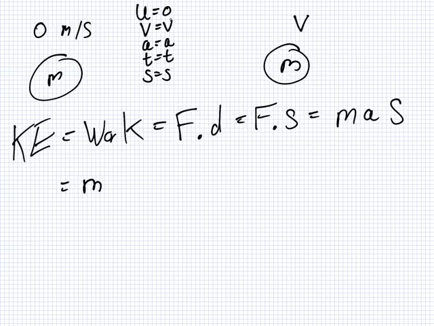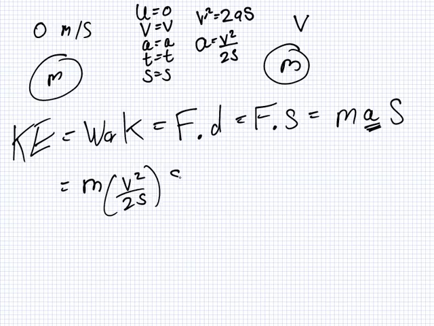The only thing we know is the u. I'm going to use a formula to get the a. I'm going to use v squared equals u squared plus 2as, but what's u squared? 0. So v squared equals 2as. So what does a equal? It will be v squared over 2s. So this a is v squared over 2s times s. What happens here? Cancel. So you're left with a half v squared.